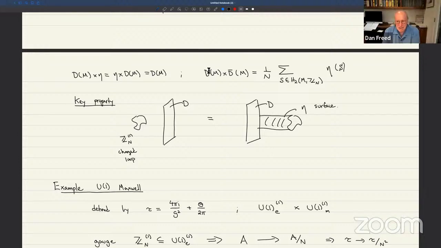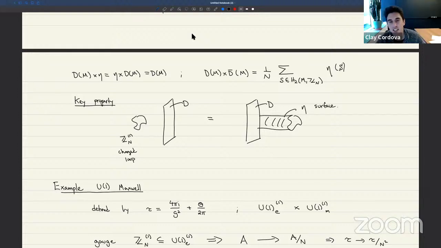Hey, can I ask you again about what you said about gauging on a submanifold? So supposing I take just an ordinary finite group G that acts as a symmetry. Yeah, I would think you might use the word zero form. Yeah, for zero form symmetry. I would say that